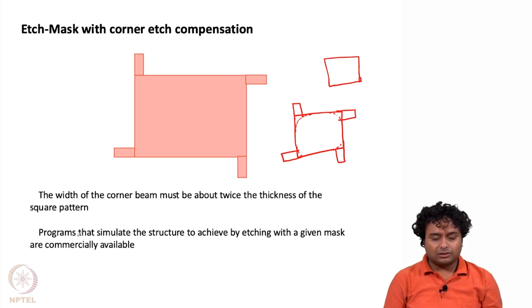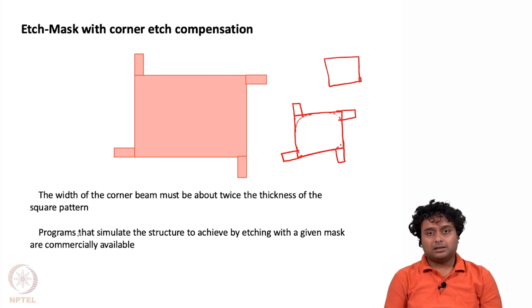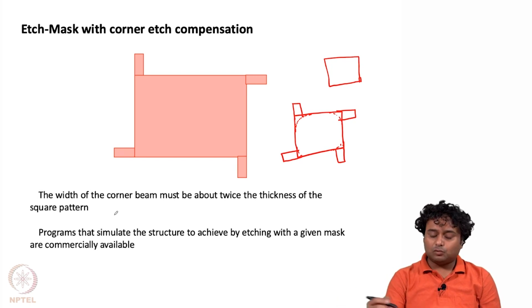And there are actually commercially available programs which can, if we input our design, accordingly create or modify the mask so that the convex corner etching will not be there. Why it should actually be twice? Because